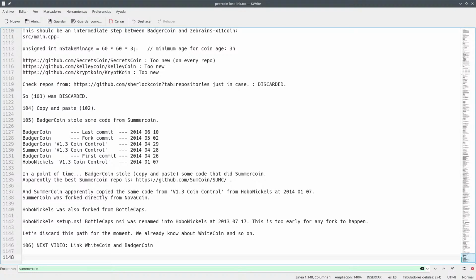And while we compare Badgercoin and the white coin, if there is something that does not fit there, we will be able to check if there is any other fork in between, but I do not think so. And make sure to find the right commit before comparing anything. And Badgercoin, we know the first commit is from 26 April,